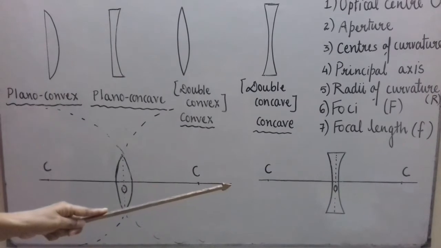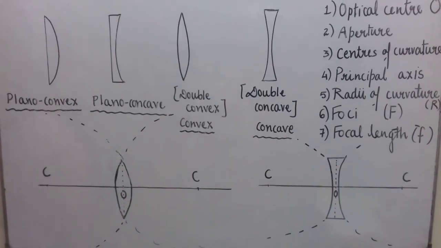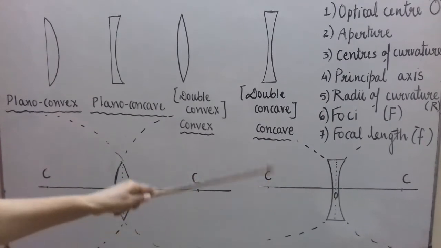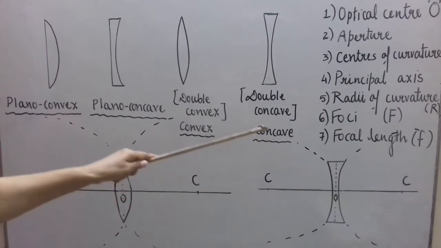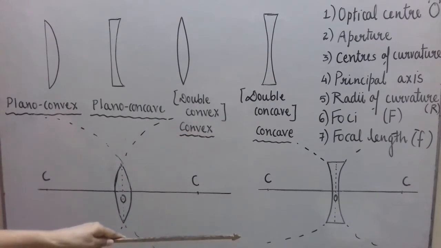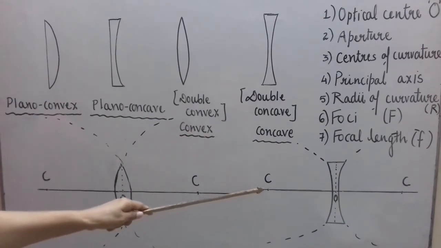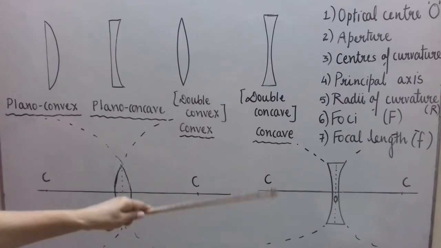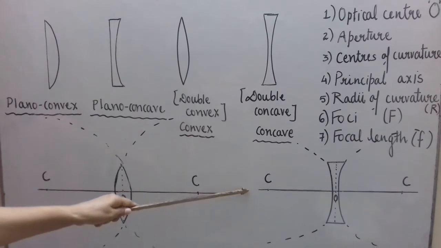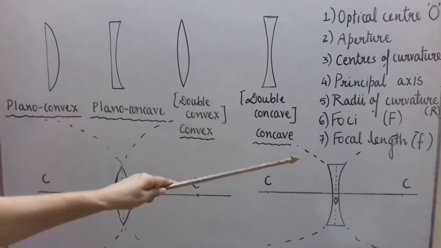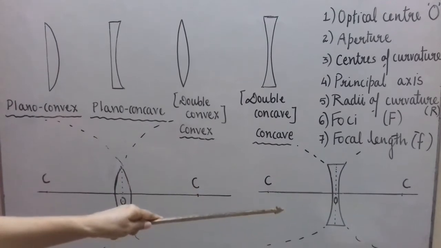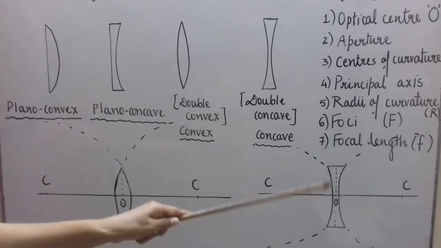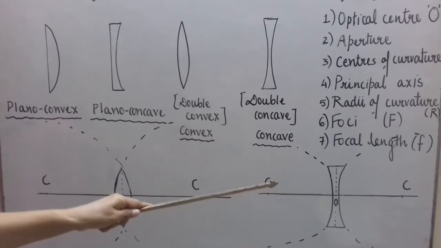Similarly, I can also show that there. When we look at this concave lens, here also this first surface is a part of this sphere, and it has a center. So this center of the sphere of which that refracting surface forms a part is called its center of curvature. Similarly, the other refracting surface of the lens is a part of a sphere on the other side, and that has a center C. It is again the center of curvature of that lens.